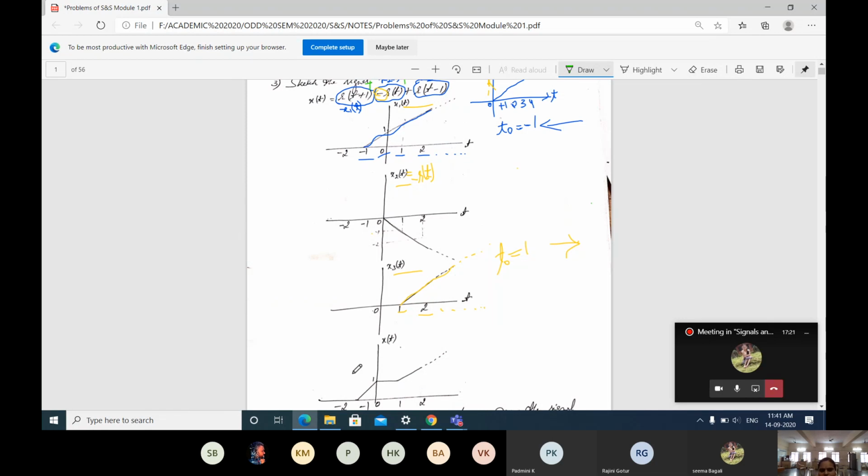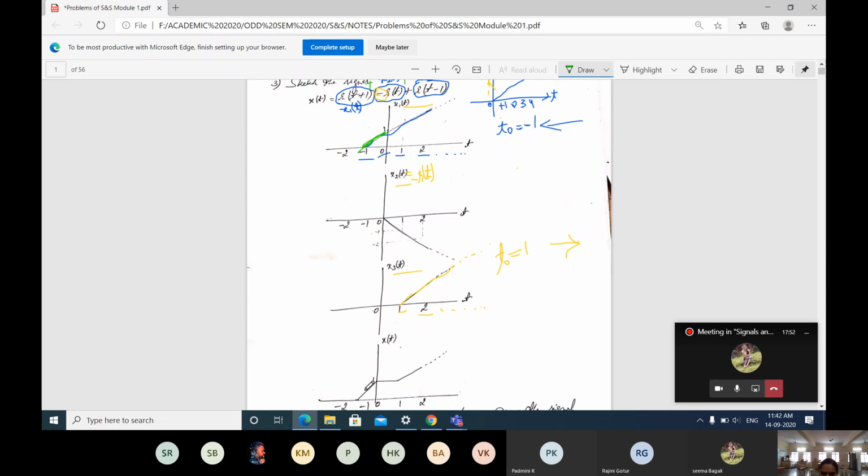Where is the limit for our signal going to exist? If I observe the negative part of the x-axis, at minus 2 we don't have any signal. Again at minus 2 we don't have any signal, and here also we don't have any signal. Next, at minus 1 we have a signal. Again here we don't have any signal. So from minus 1 to 0, the only signal existing is this one.